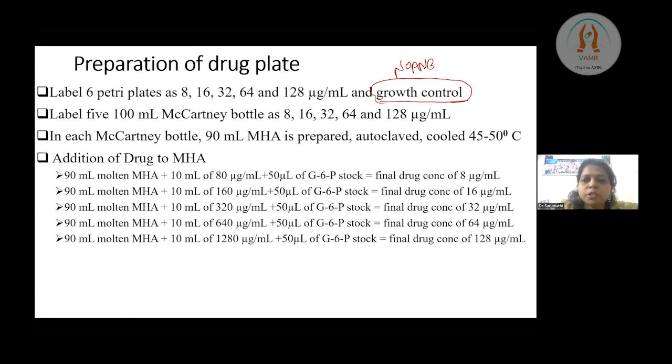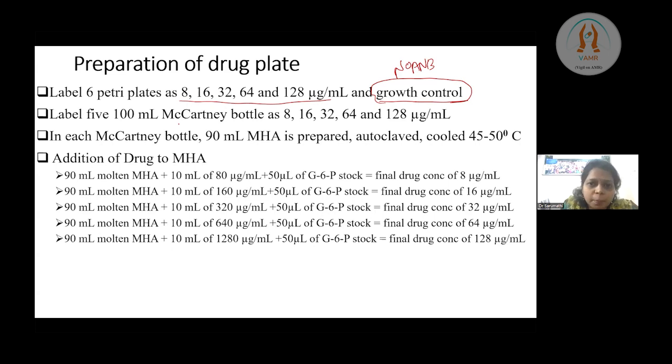We have to include a growth control, without the drug, to check whether the organism is growing or not. The organism should grow on the drug-free growth control plate. So apart from the growth control plate, we have to prepare 5 plates. We can prepare 100 ml of molten MHA at a time,